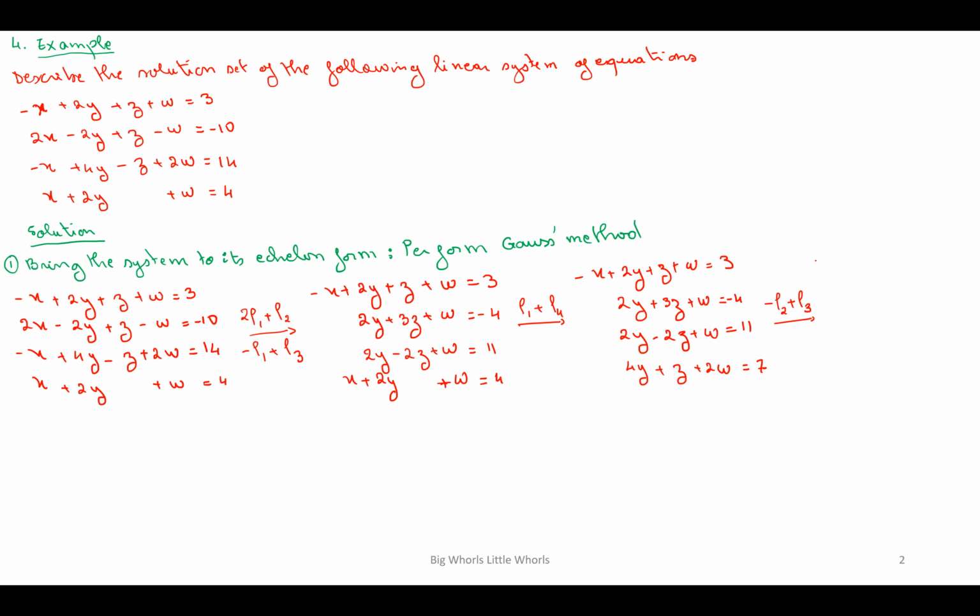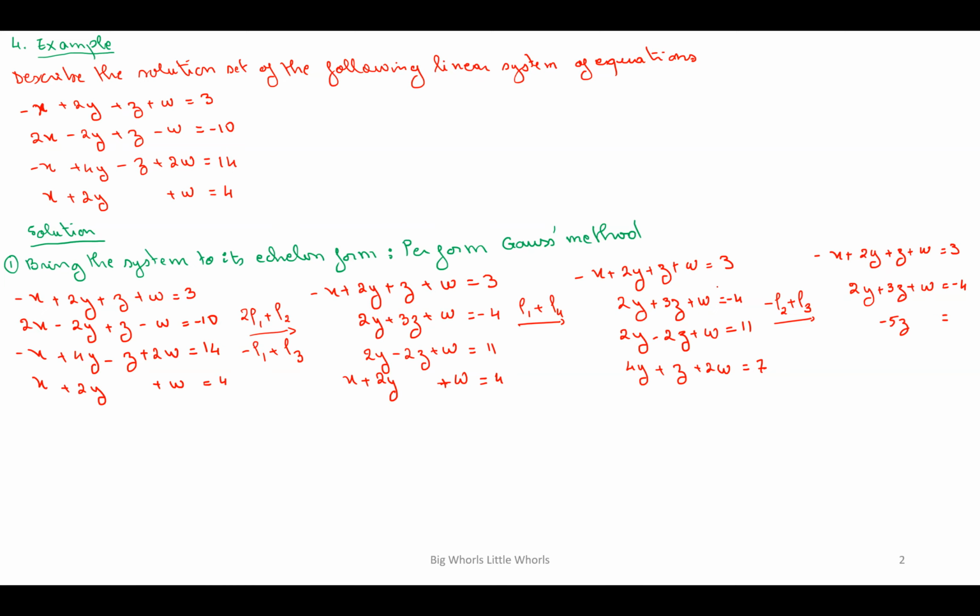We still have minus x plus 2y plus z plus w equals 3, and we still have 2y plus 3z plus w equals minus 4, and then minus row 2 plus row 3, so we have here minus 5z equals